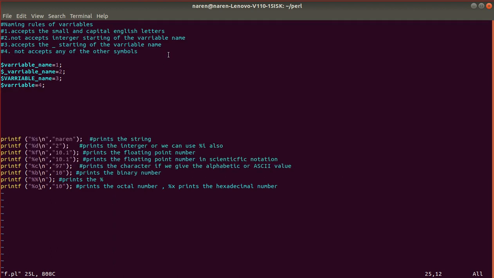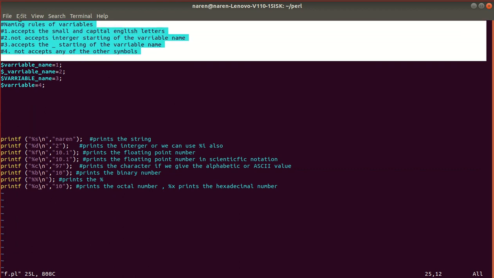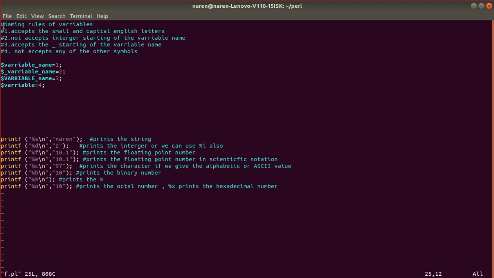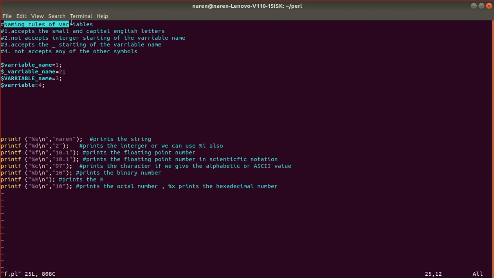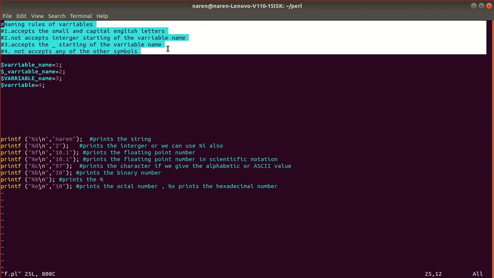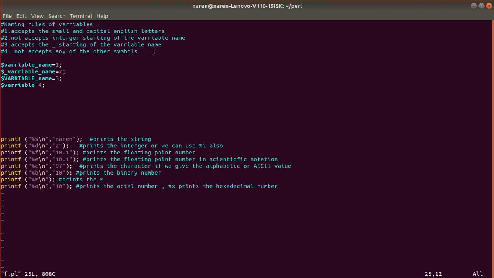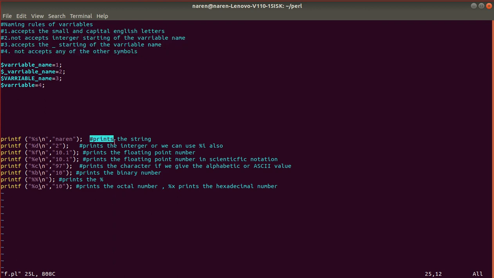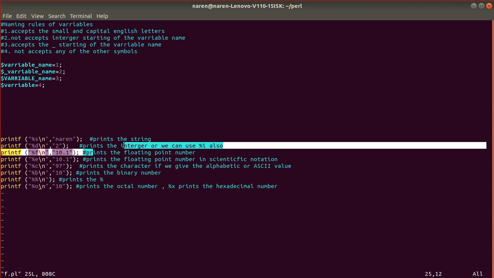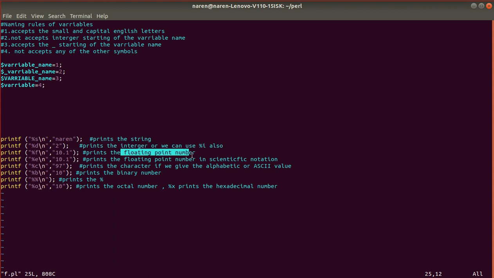So I have explained here the naming rules of the variables and things like that. These comments do not throw any syntax error. If you use hash, we can write our comments after it. I have used the same thing here. One more thing, I have used here print the string, print the integer, and print the floating point number.